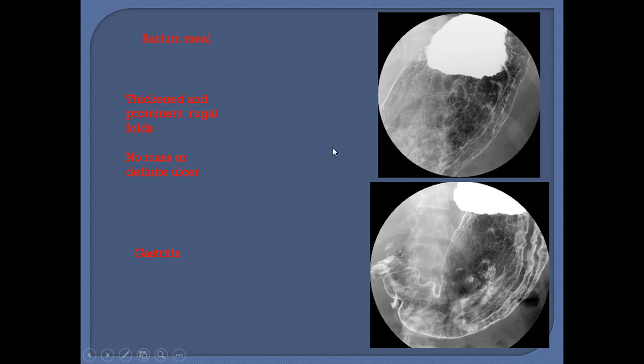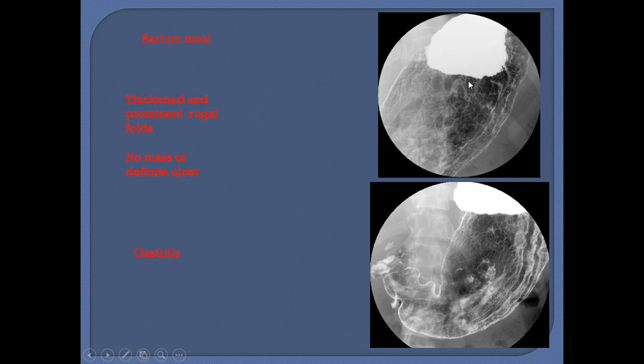Then barium meal examination. We have to acquire different views like AP, posterior anterior, right posterior anterior, left posterior anterior, right oblique, left oblique, according to the situation, because we continuously record this barium meal procedure, and according to the patient and the condition we take different views.